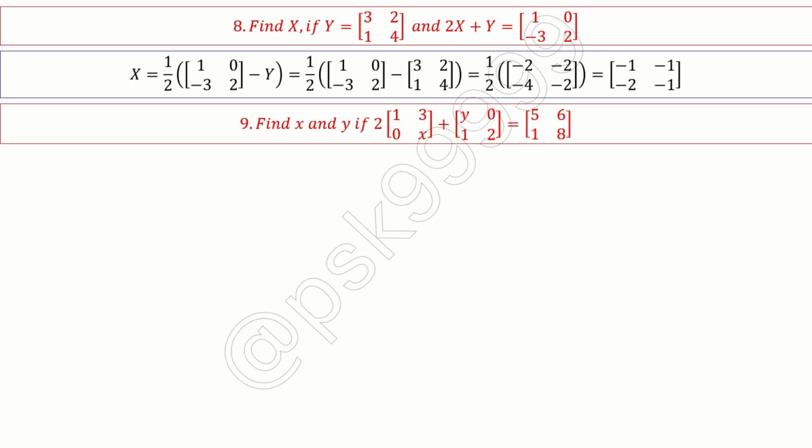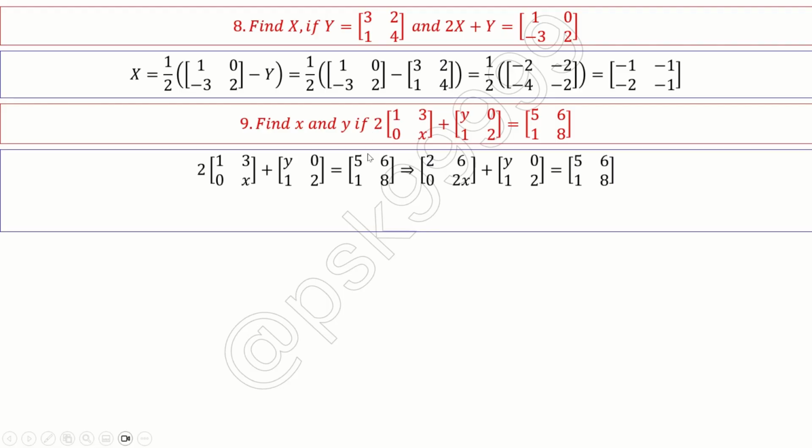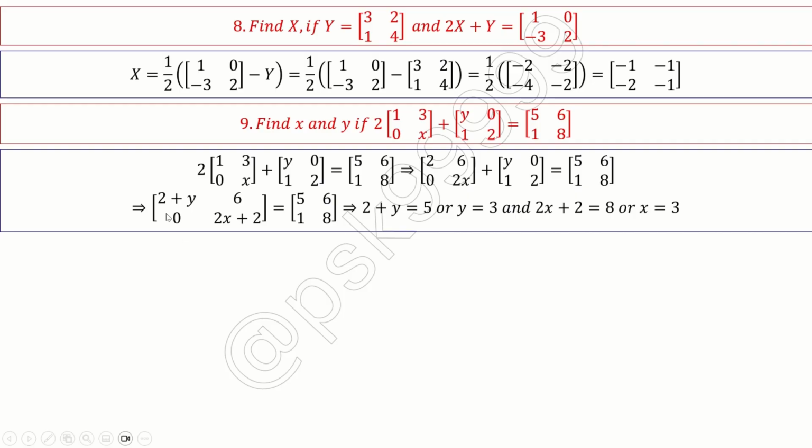This is another way, almost similar. Only thing is here you are finding the variable values of these x and y elements. Okay, so first you do 2 times, then add this one, correct? Then this is equal to 5618. Okay, so which means 2 plus y equal to 5, which means y equal to 3, and 2x plus 2 equal to 8, which means x equal to 3. Okay,